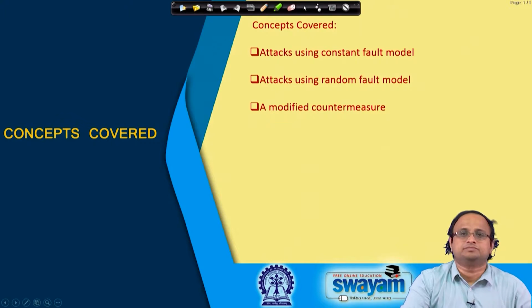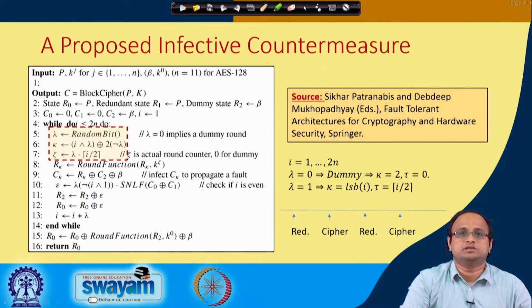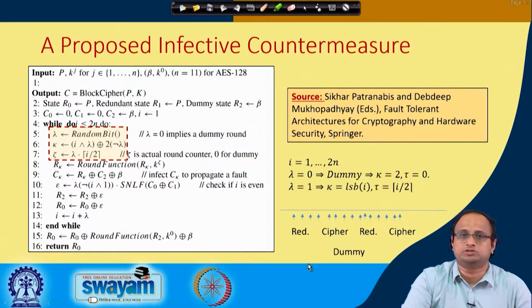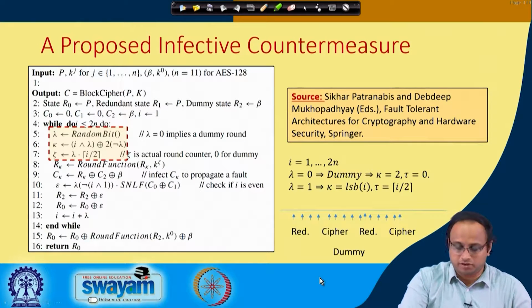these kinds of attacks. To start with, this is a quick reminder of the infective countermeasure. The infective countermeasure essentially has 3 rounds. Apart from the cipher round, there is a redundant round and there is also a dummy round which comes in spuriously. So, the idea is a repetition of sequences of redundant and cipher rounds, but there are also intermediate dummy rounds which are indistinguishable from the redundant and the cipher round, and therefore it becomes